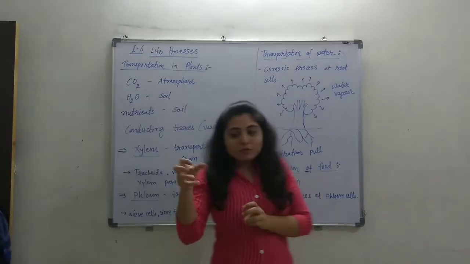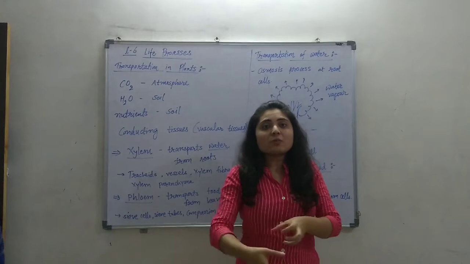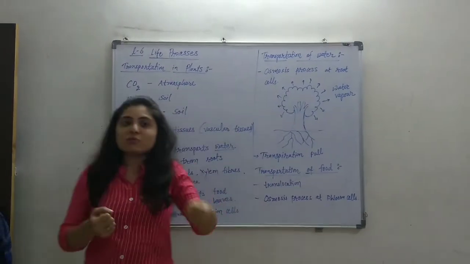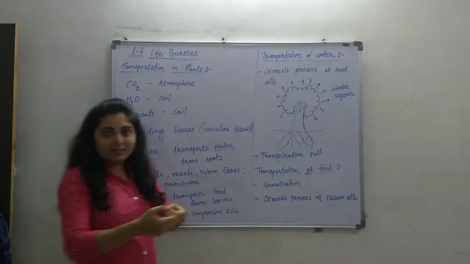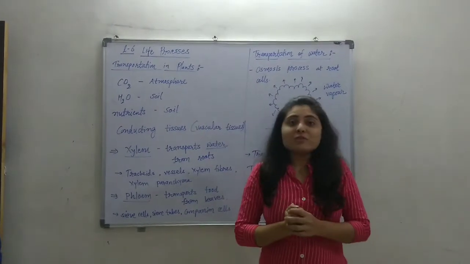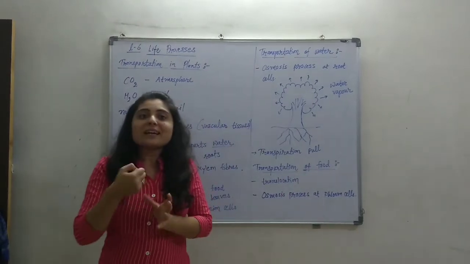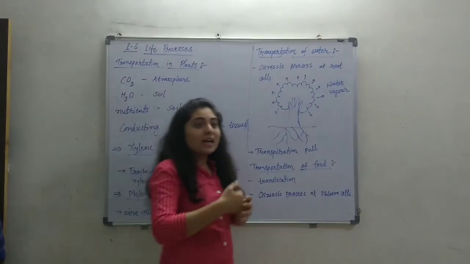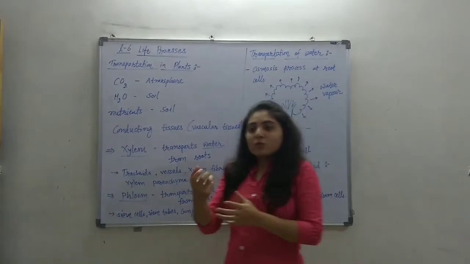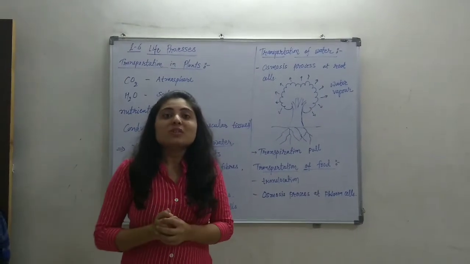Now the question: from the soil, this water and these nutrients are obtained by the roots. So roots take this water and nutrients into the plant, and carbon dioxide is obtained from the atmosphere. Okay, so when the water and nutrients enter the plant, how will they reach a particular region? Like food is made in the leaves, so how will water and nutrients reach up to the leaves?